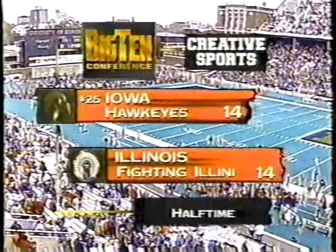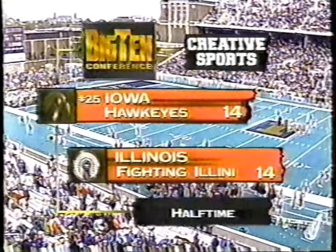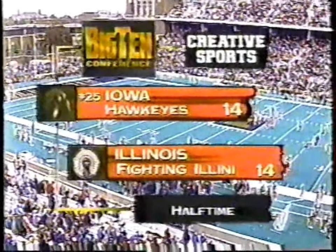Mike Gleason, we've seen some things in the first half you don't see often in a ball game, but Iowa and Illinois tied at 14 apiece. And let's take a look at some of the highlights of the first half. It really began in the tone with